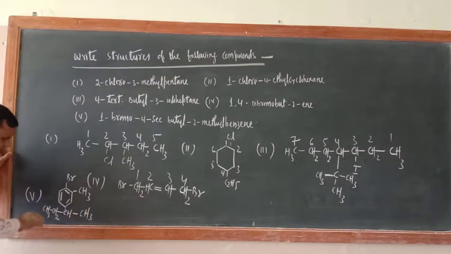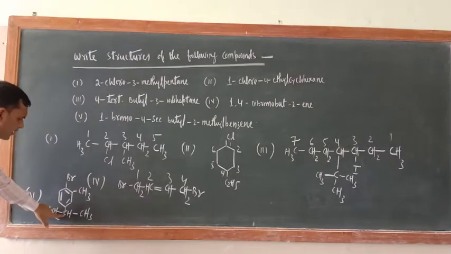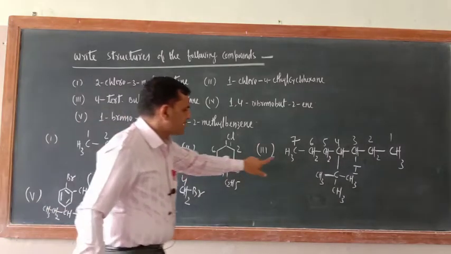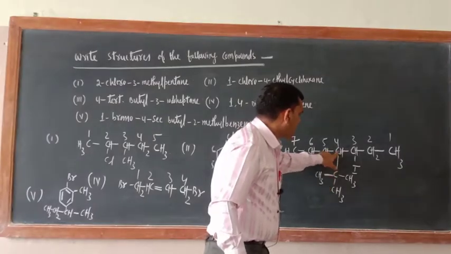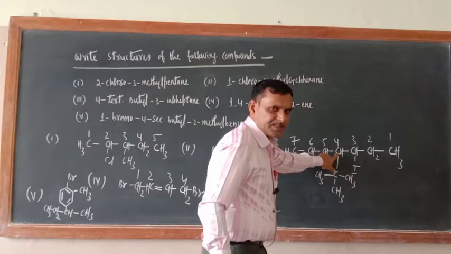What is the meaning of secondary butyl? Secondary butyl means at the second number carbon atom, okay, 2 degree. Which carbon atom? This one, the second carbon atom. Now this 2 degree carbon atom should be bonded here with the benzene ring. In T butyl, just see here, this is a tertiary carbon atom bonded with the main chain or principal chain.